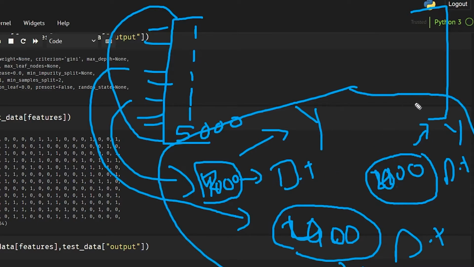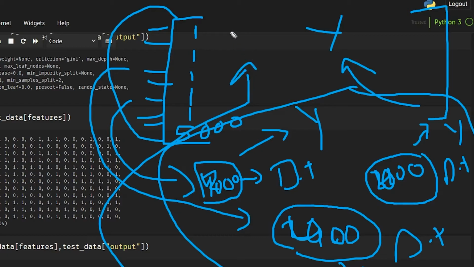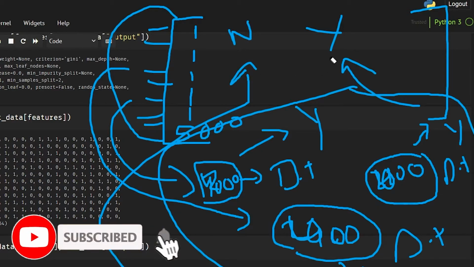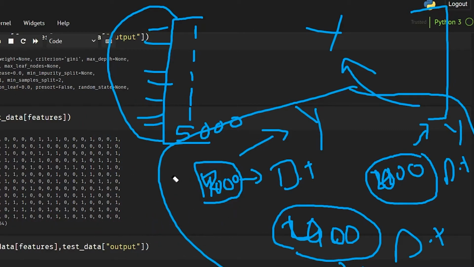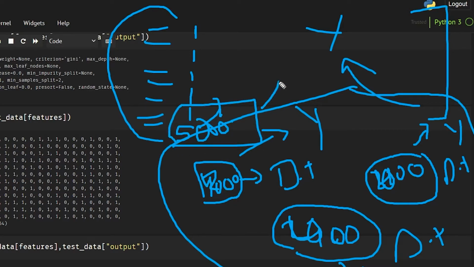If the majority says yes, that person has a disease, then the answer is going to be yes. And if the majority says no, that person does not have any disease, then the answer is going to be no. This is pretty easy, and it really helps a lot in classification, because it is a really good technique. I hope you are understanding why this is very helpful. It is not necessarily true that if you have 5000 data samples, you will produce a better model. It might even start to overfit.